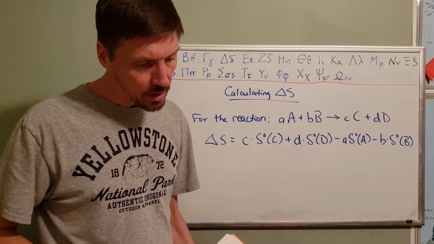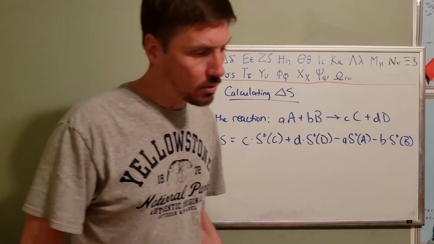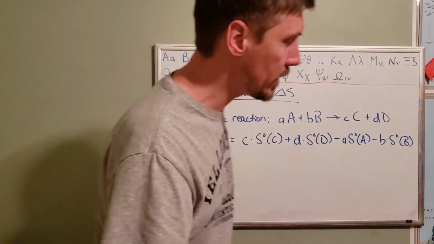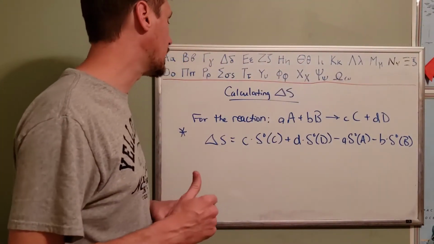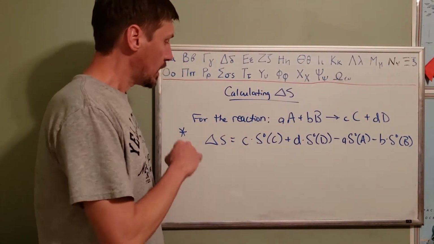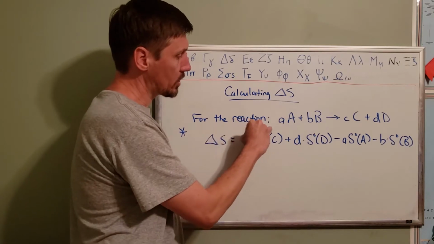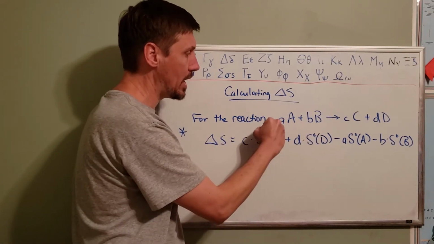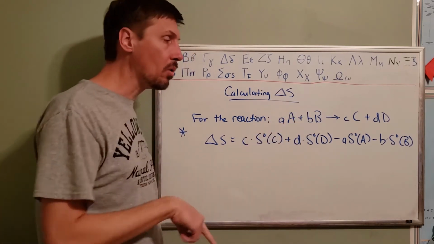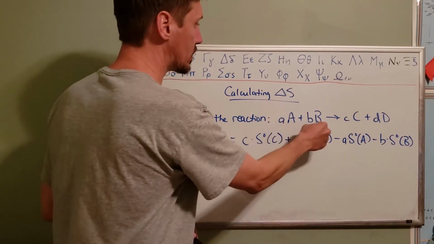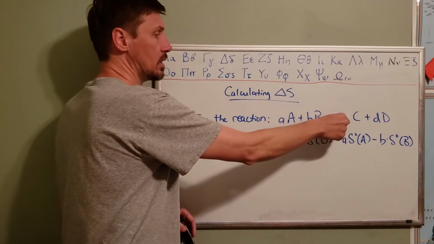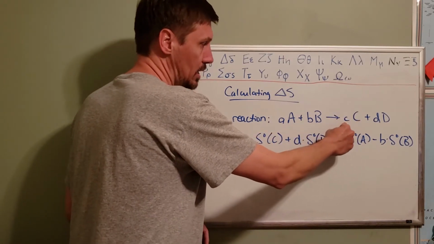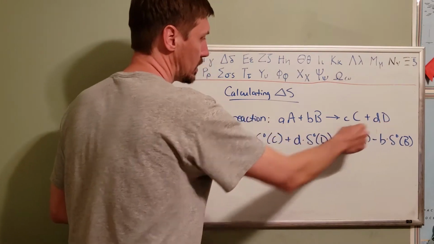As these measurements have been made for absolute entropies of various substances, the way that we use this table is with an equation very similar to the equation that we saw for Hess's law when we were looking at a change in enthalpy. It says that if you have a reaction that you write out like this, little a capital A plus little b capital B, where little a and little b are the number of moles of substance A and substance B, and it produces capital C with little c moles, and capital D with little d moles,